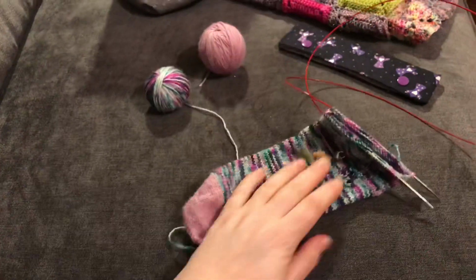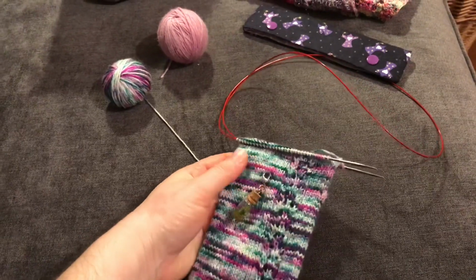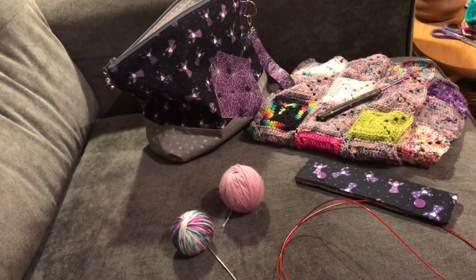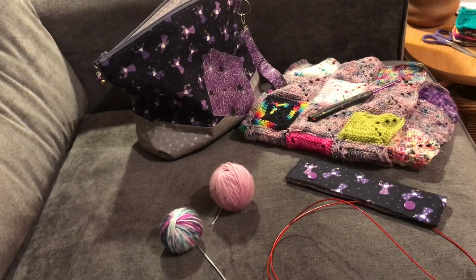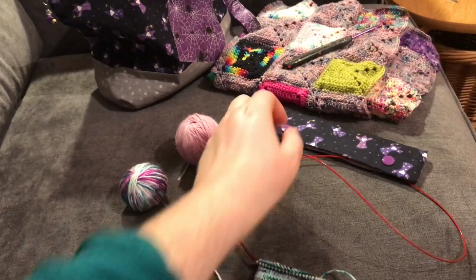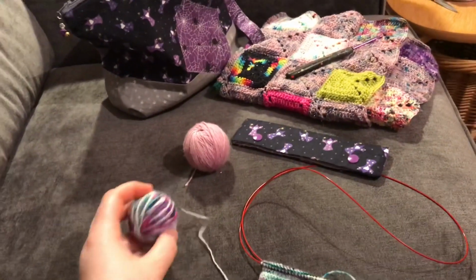This sock yarn is so flipping soft, it's incredible. It's got some cashmere in it, and it's absolutely lovely. And I'm keeping that in my Wizards and Spiders bag. It was made for me by my sister-in-law, who's Craftmonger Law on Instagram and Etsy. And there's a matching needle cozy. I absolutely adore these wizards. They're so cute. So I split the remainder of the yarn